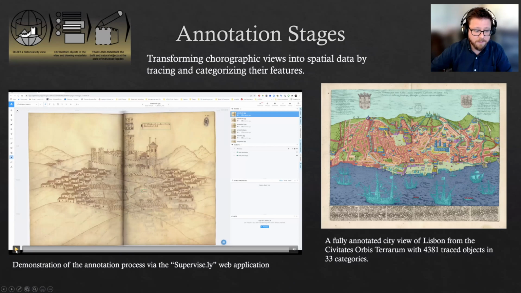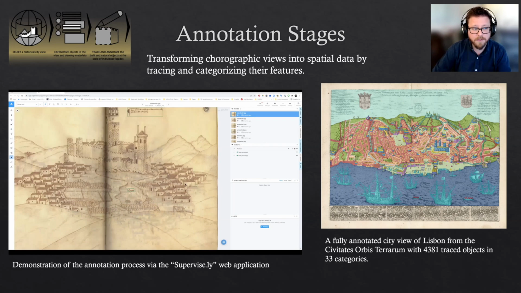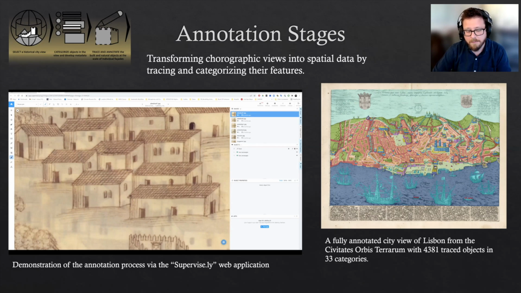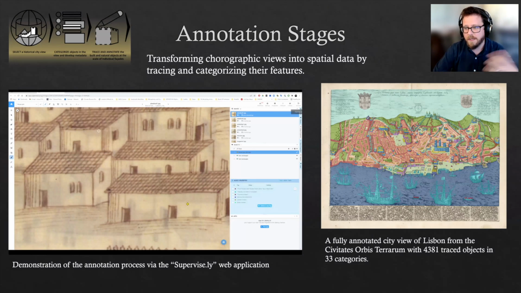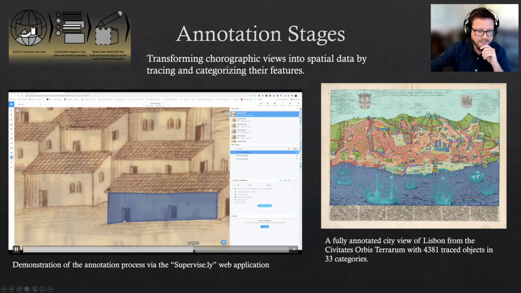So the first part of this process is we have to structure these images into data. And on the left, we have a demonstration of the supervisory web application that we use to create annotations. This is where we develop, and this is true computational thinking, a metadata schema that was going to be appropriate for our translations as well as for the objects themselves. So there are many different object types, from houses to churches to walls, etc. And as we go through the process, you can see we trace the object, and then over here on the left, we start answering questions about them to say that this is a front facade that is,